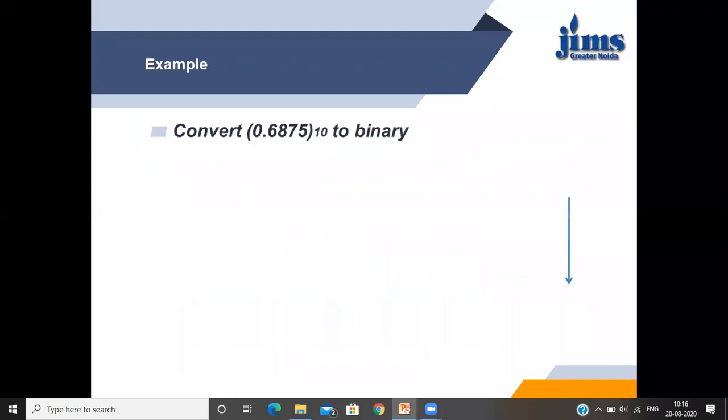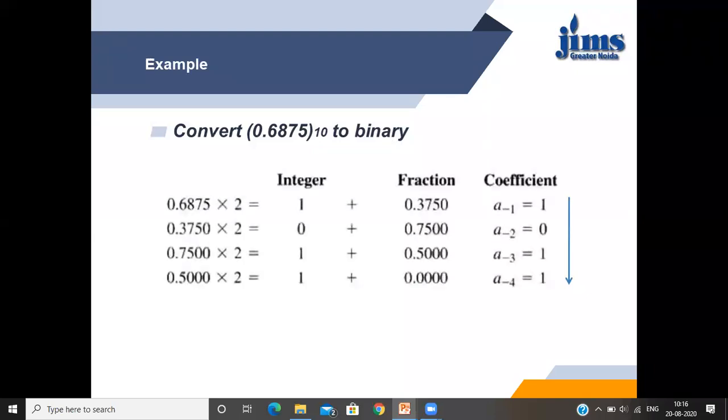Now let us take an example. Suppose we have to convert 0.6875 base 10 into a binary number. So here the required base R for binary is 2. So we multiply 0.6875 by 2, and we get 1.3750. Now this integer part is the first coefficient a minus 1. Again this 0.3750 is multiplied by base 2, and we get